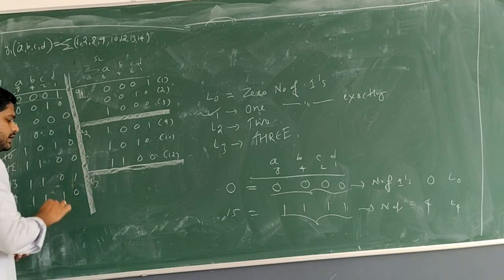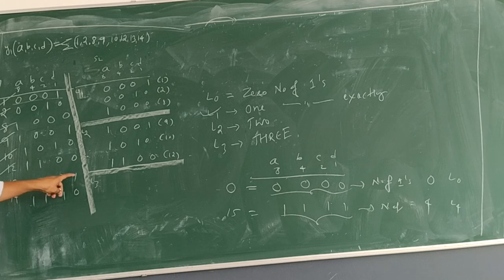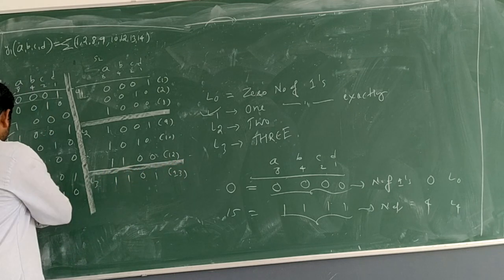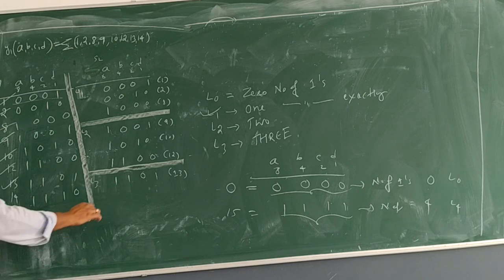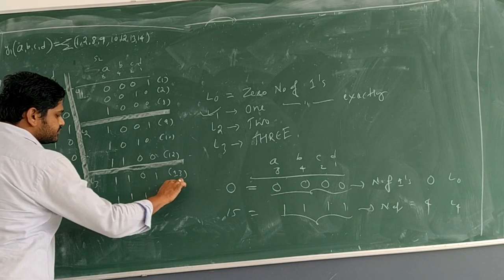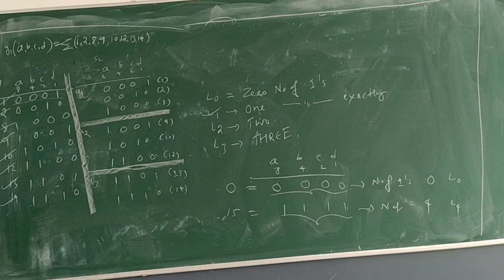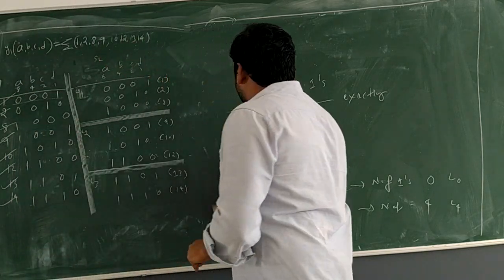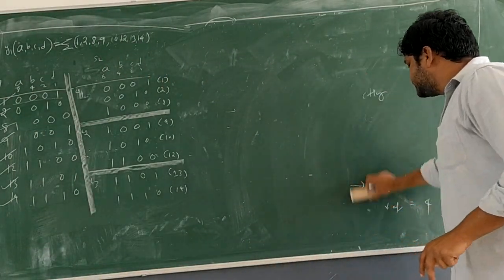Now comes L3. What is L3 now? 1101. What is the number? 13. Put a pass mark for it. Next one is 14, which we write as 1110. So once you prepare step 2, revisit step 1. Check whether all the numbers are pass marked or not. If not, put a circle for that number. Okay, now let's go ahead with step 3.